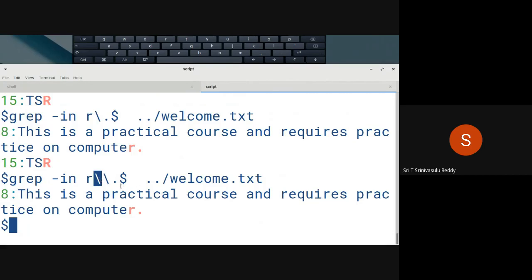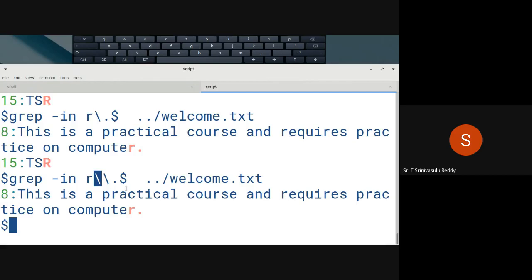See, certain characters have special meanings. So dot has a special meaning in the grep context. Dot is going to match with any character, whereas you want to match with a dot itself. So whenever you want to match with a dot, you have to send a reverse slash also to that particular thing.